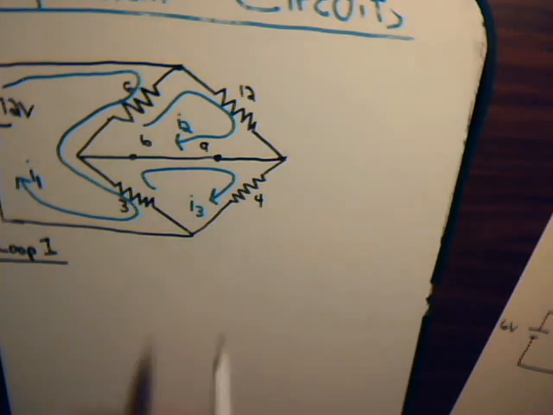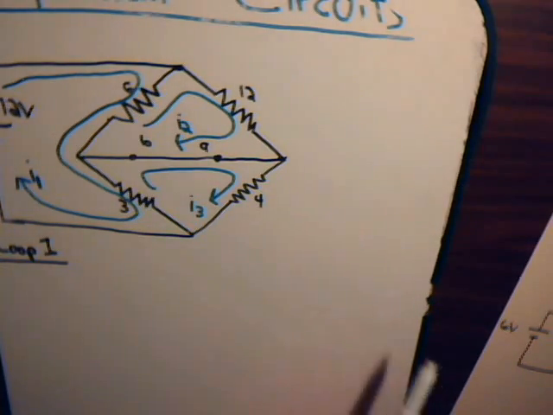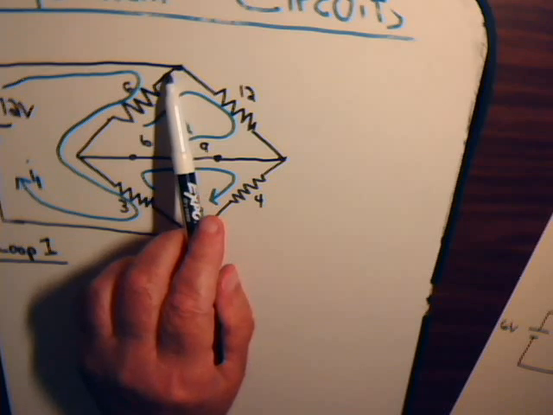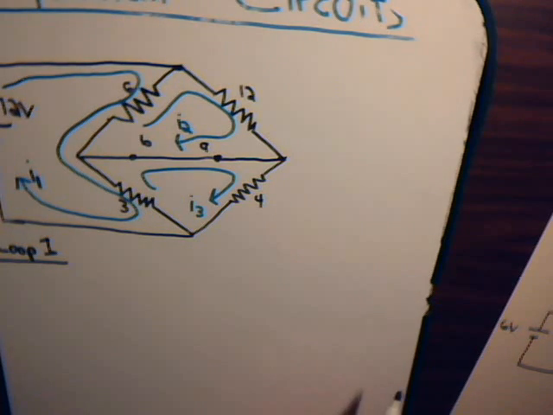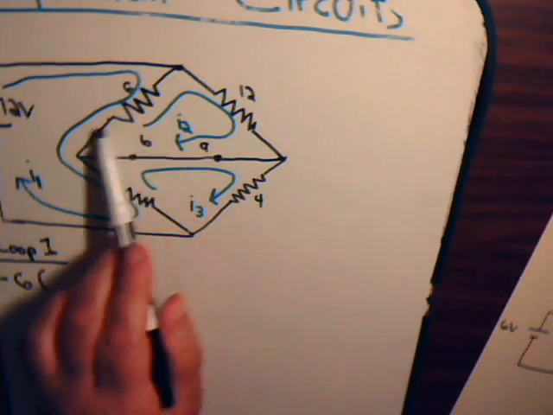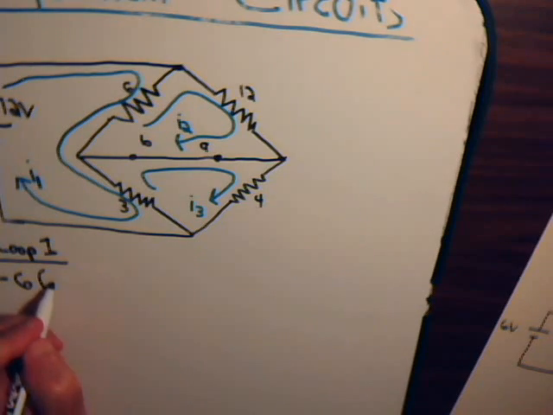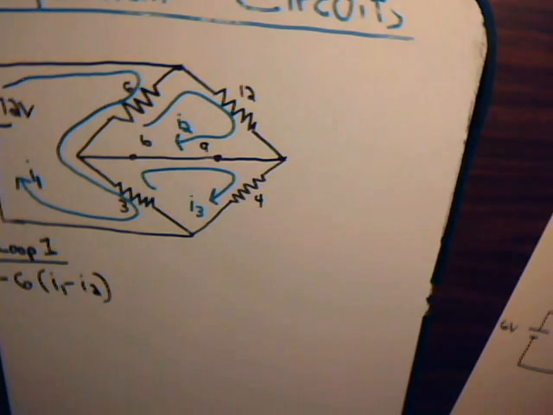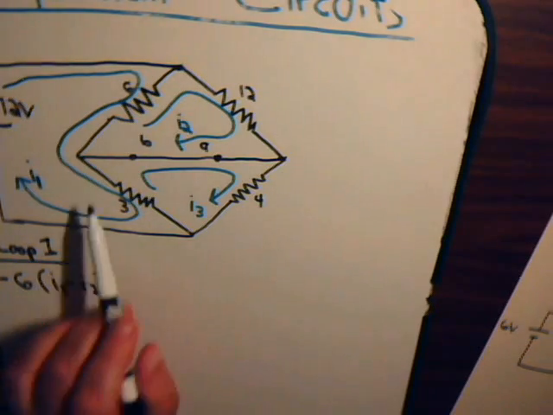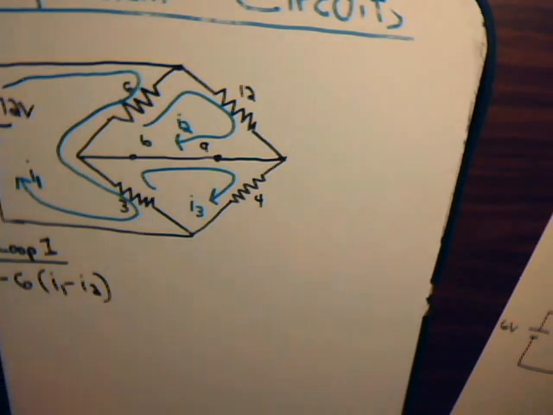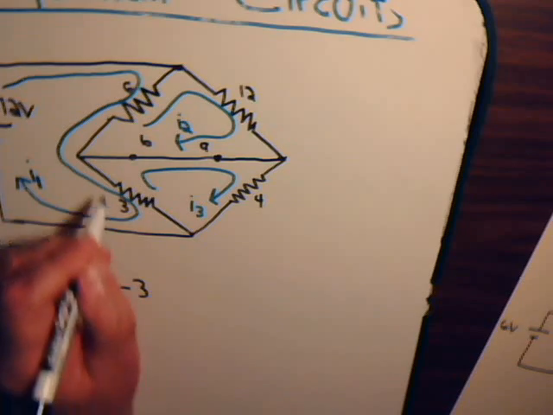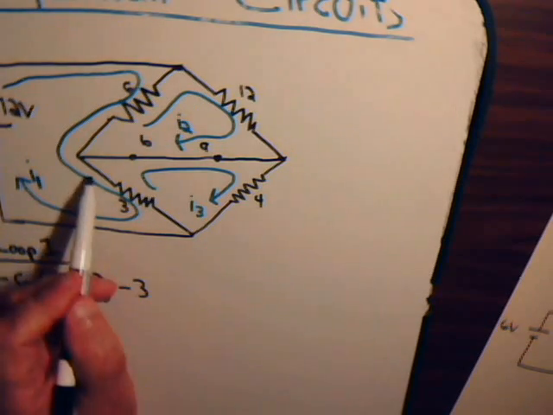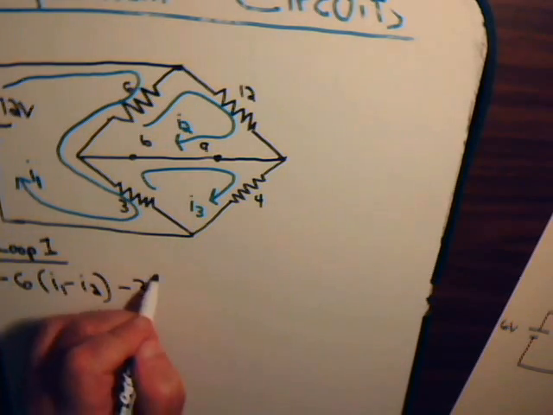And here, let's look at the 6 ohm resistor. Here we have the current going down like this, going from plus to minus. So it's minus 6, and the net current flowing through it is I1 minus I2. So that would be the voltage drop across the 6 ohm resistor. Then here we have minus 3. Then the current flows from plus to minus of I1 minus I3